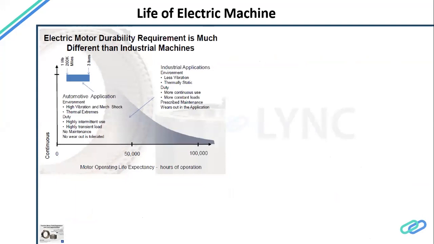This is a very different environment from an industrial application, where we have more vibration, shocks, thermal extremities, because we will do some hill starts, very high gradient starts. We will pull up for some time. Their duties are different, right? We will need peak performance at various conditions, and it should be less maintenance or no maintenance, say less wear and tear we expect. So it gives us a different